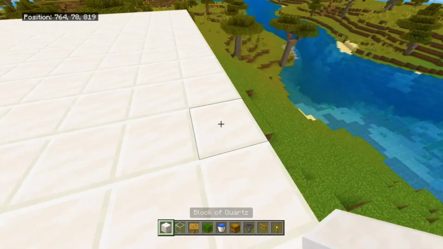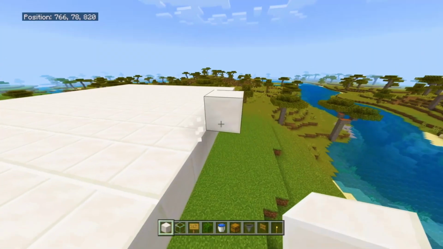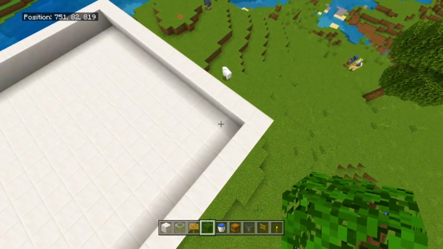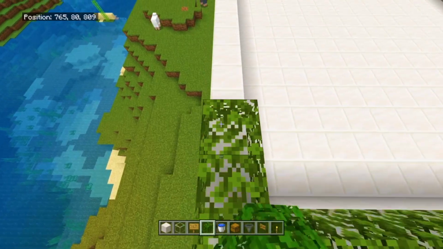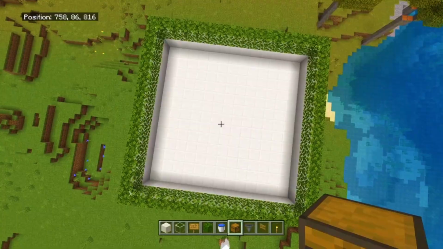Magnificent! What you should do now is go to the edge of your little platform, place a temporary block, 1 block next to it like this, and now you should make a ring around your little platform. Once you did that, you're gonna be adding another layer, but this time it's gonna be with leaves. Just make sure that no cats or iron golems spawn on the